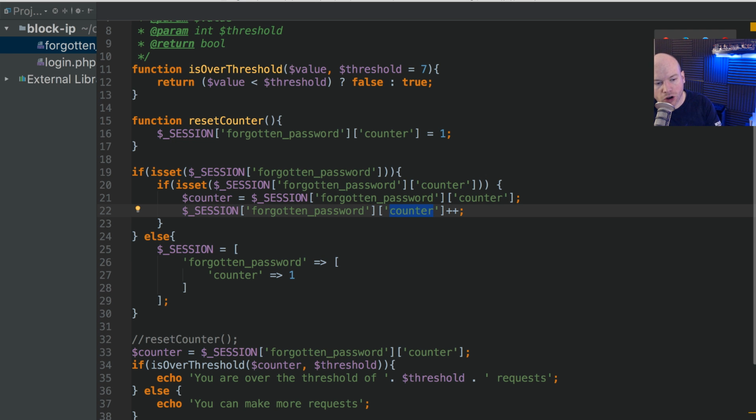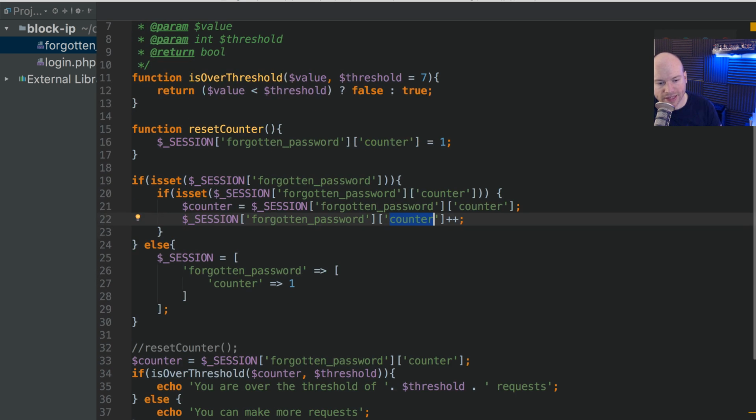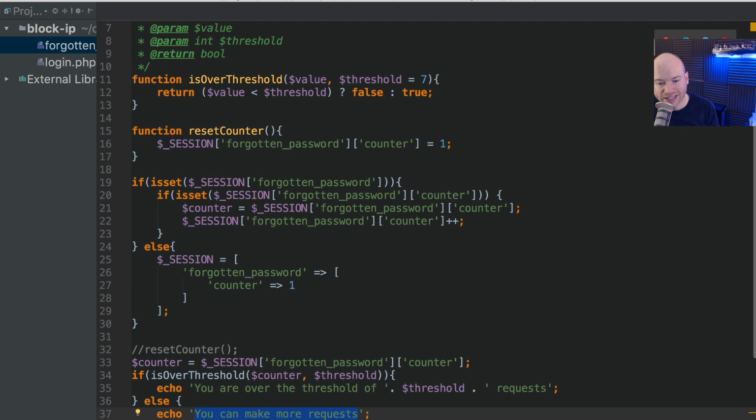Now, you can make more requests like this, but it doesn't actually say how many requests you should make. And it's probably best not to do that because you don't want to give that kind of information away. In fact, you probably don't want to give the amount of requests away either. So let's just remove this because the more information you give someone, if they're trying to do something maliciously,